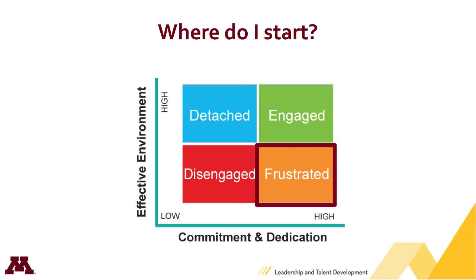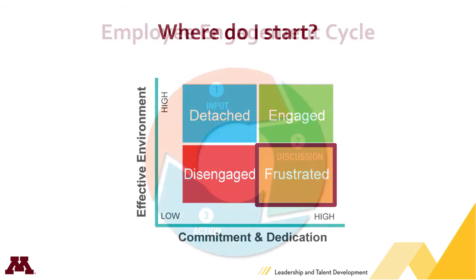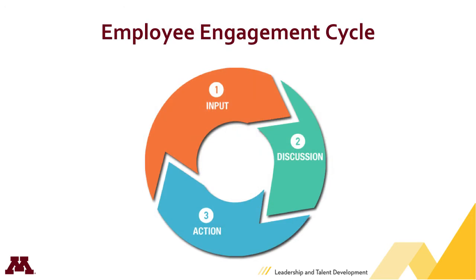So how do you find out where everyone's at, and how do you find out where your areas of opportunity are? You want to start by thinking of employee engagement as an ongoing cycle that consists of 3 stages: input, discussion, and action. Input is about getting feedback through regular check-ins, meetings, or even the employee engagement survey. Discussion is just that, discussing the input, clarifying and prioritizing the issues. And then action, while obvious, is taking action on feedback. And you can do all of these things whether there's a survey or not.